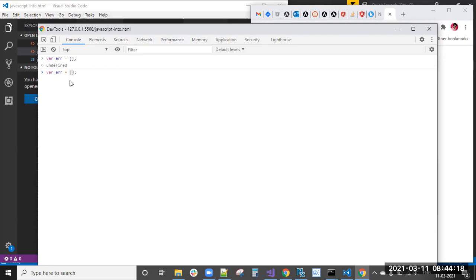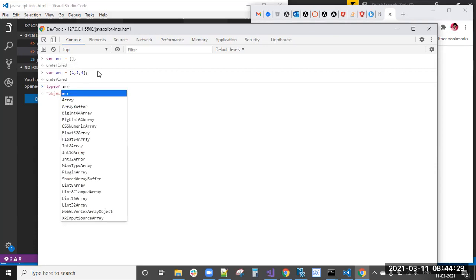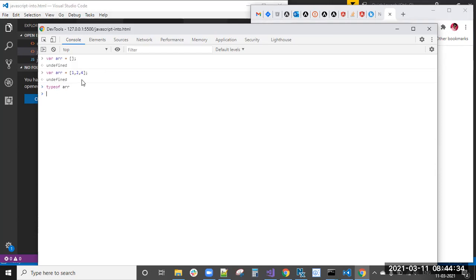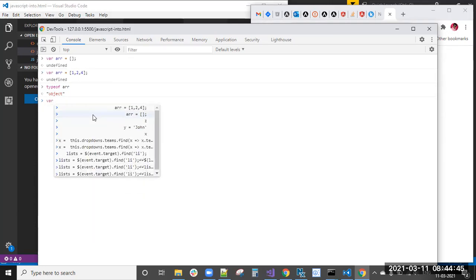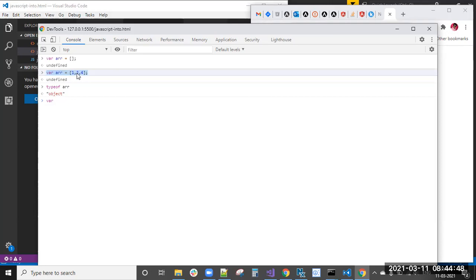Otherwise, you can define it with values also, like 1, 2, 4. Now typeof ARR, and typeof array and typeof object: you will get object only, because this is a collection of things, right? This is the array data type actually, but typeof ARR gives you object only.